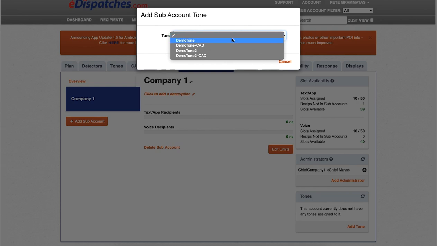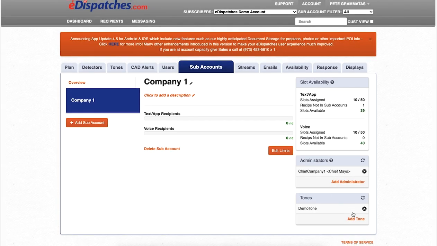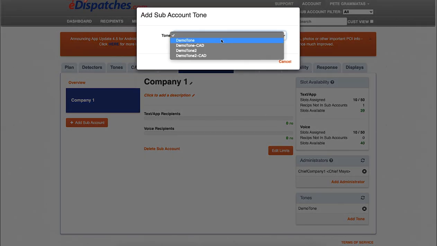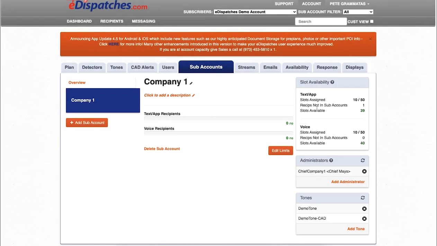We're going to have Demo Tone, and we also utilize our enhanced CAD relay feature, so we also have a CAD tone. So I'm going to do Demo Tone CAD. So if these tones ever do activate and my members from company one receive that alert, their responses will be shown to everyone in this company one